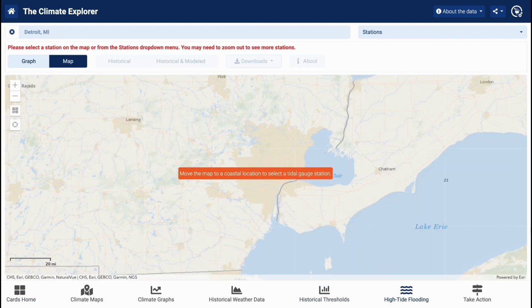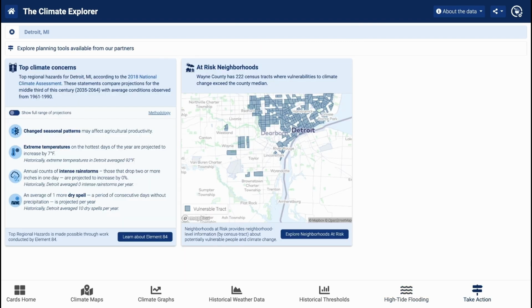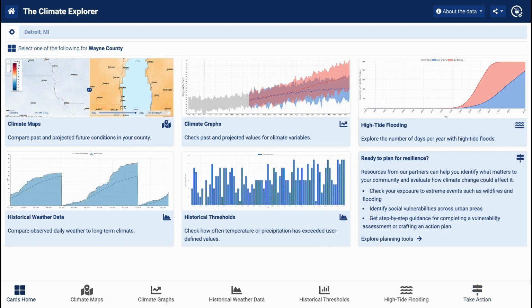There is also a high tide flooding tab, but this is only for tidal gauge stations in oceanic coastal locations, so this information does not apply to the Great Lakes region. Under the Take Action tab, the tool also points to some additional external resources to examine community vulnerability and climate concerns. The Climate Explorer is a useful tool to help users understand how location-specified climate conditions are projected to change